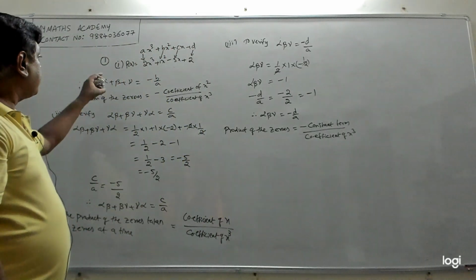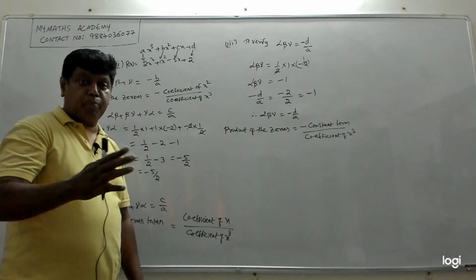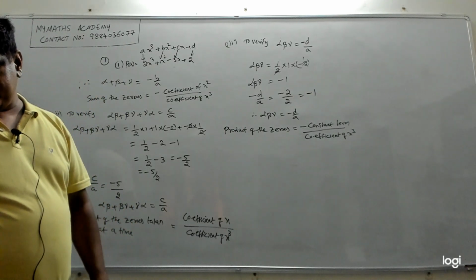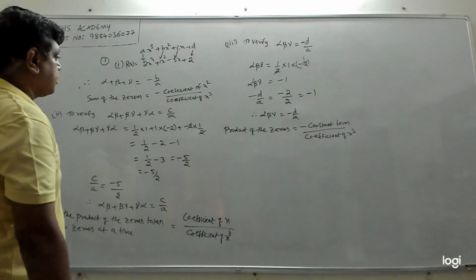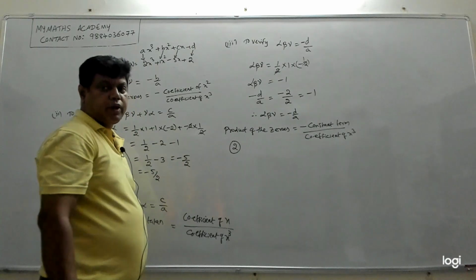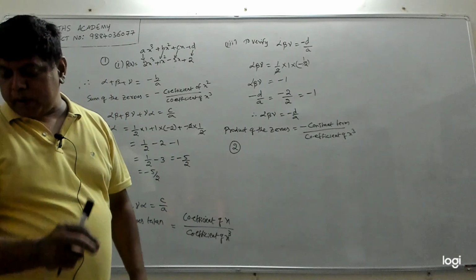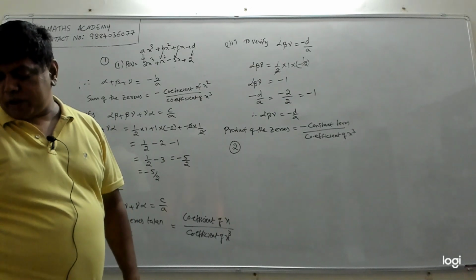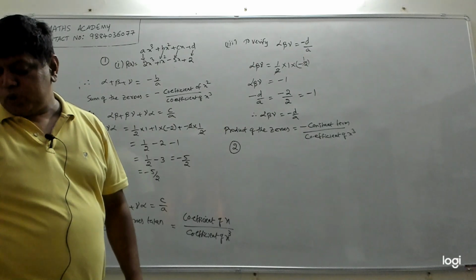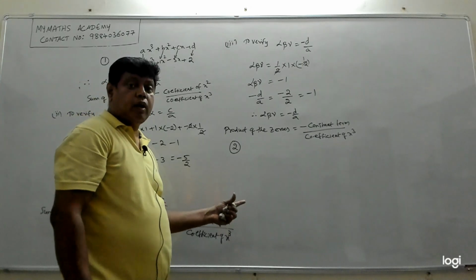So this is how we do the first problem, first subdivision. The first problem has a second subdivision, second sub problem, that you can try as homework, and we will do the second problem in this one. So second problem I will write here. Second problem in that exercise 2.4 optional exercise is: find a cubic polynomial with the sum of the product of the zeros taken 2 at a time, and the product of the zeros are 2, minus 7, minus 14 respectively. Now here we need to find the cubic polynomial.